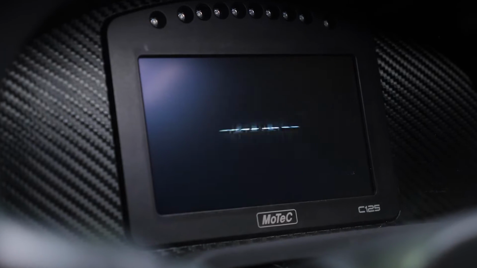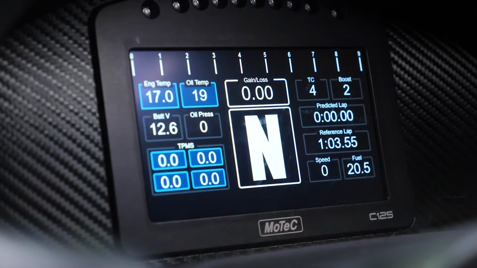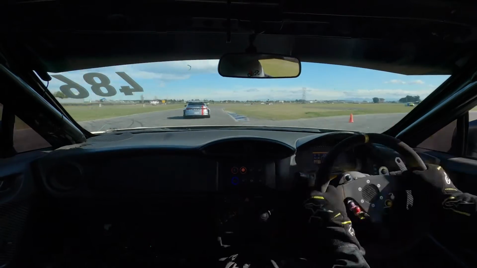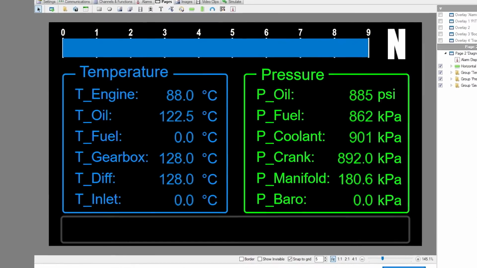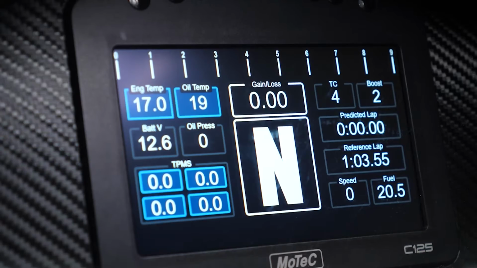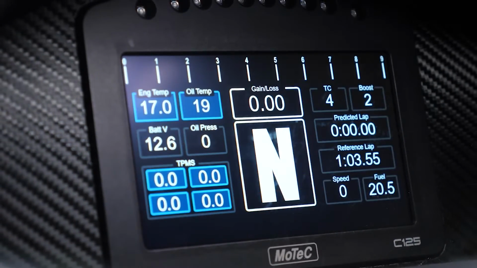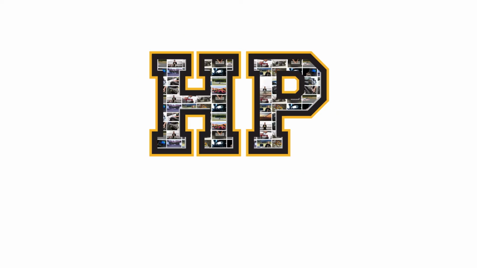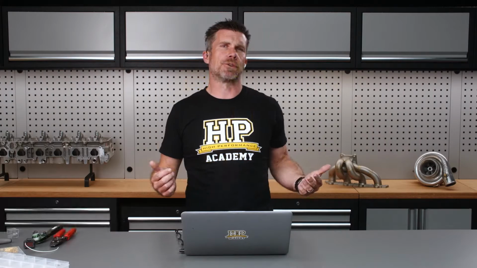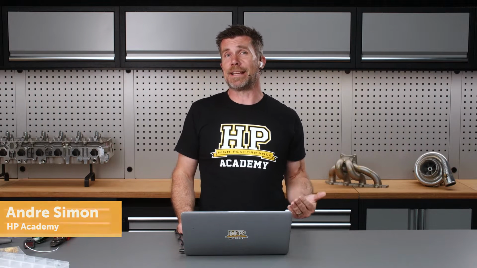I wanted to just cover off a product that I've just started getting my head around, which is Motec's Display Creator software. I'm seeing quite a few of the people that I follow in the motorsport wiring and tuning industry starting to use Display Creator. For those who aren't aware, it allows you the flexibility to pretty much design any display you want for the Motec range of dashes, including their 5-inch, 7-inch, and 12-inch displays.